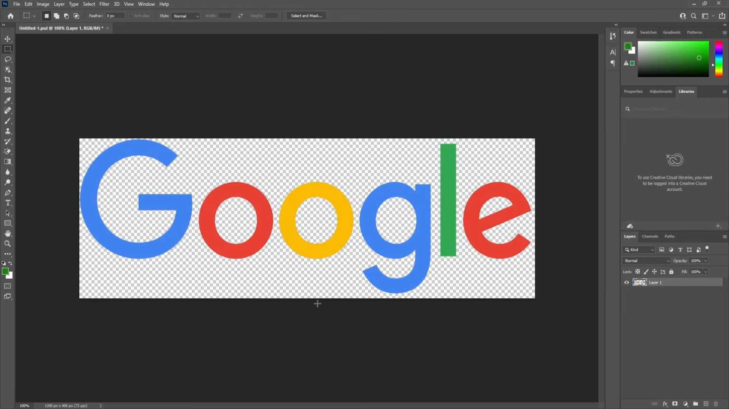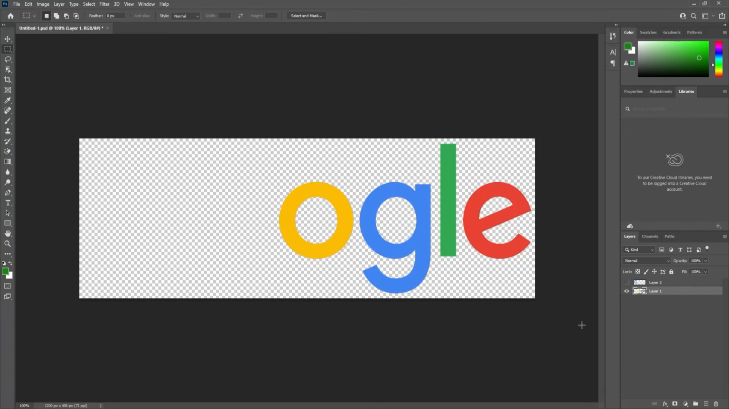Adobe Photoshop. Now I have this Google PNG logo over here. I'm going to press M on my keyboard, so it will automatically select my rectangle selection tool. I'm going to select this G, and then I'll press Ctrl X to cut it out, create a new layer and press Ctrl Shift V to paste. Then I'll hide this. Then I'm going to select this O. I'll hit Ctrl X to cut it out, create a new layer and press Ctrl Shift V, and let's hide this. Then I'm going to select this O, hit Ctrl X, create a new layer, press Ctrl Shift V, and